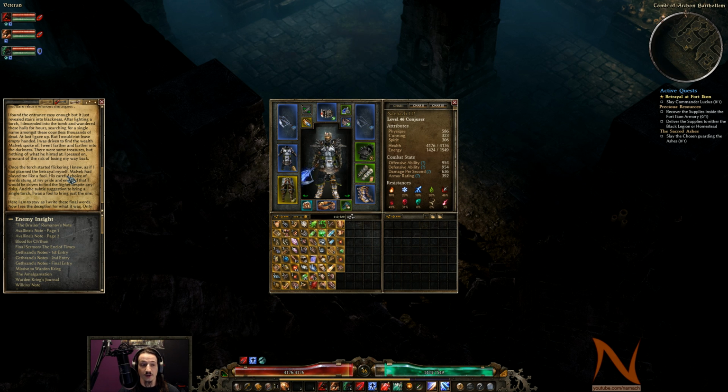I went farther and farther into the darkness. There were some treasures, but nothing of what he hinted at. I pressed on, ignorant of the risk of losing my way back. Once the torch started flickering, I knew, as if I had planned my own betrayal. Malvek had played me like a fool. His careful choice of words stung at my pride and ensured that I would be driven to find the signet,